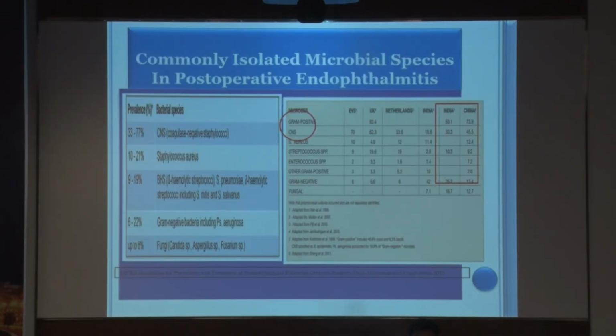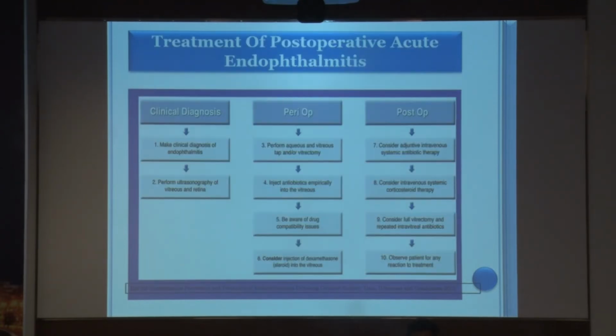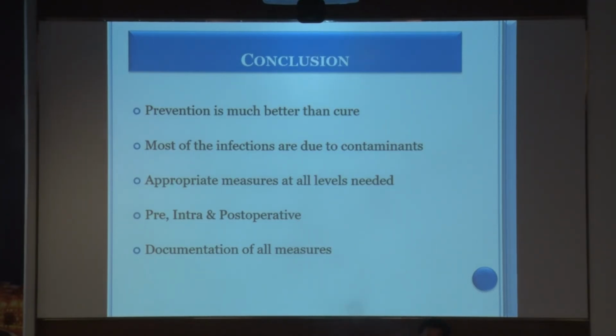And there should be a dedicated OT and no makeshift OT. As I said earlier, the commonly isolated microbe is coagulase-negative staphylococcus, which is already there as a commensal in the cul-de-sac. And I won't go into the post-op acute endophthalmitis, very nicely presented by Dr. Avninder. So what I would like to conclude here is that prevention is definitely much better than cure,